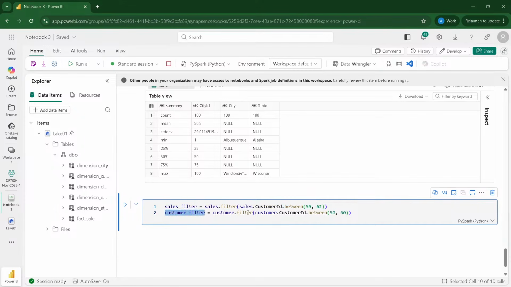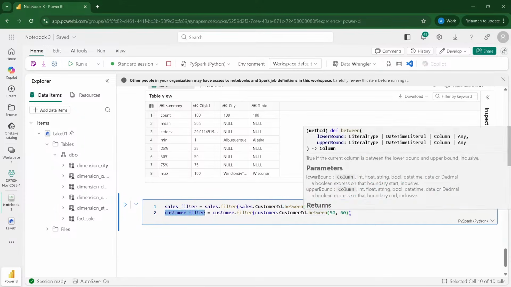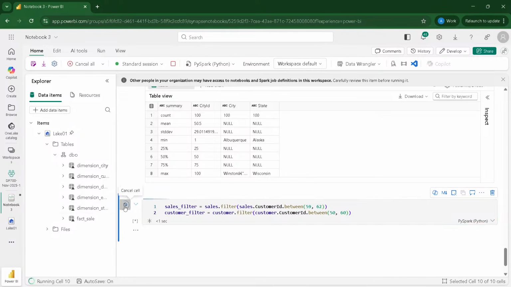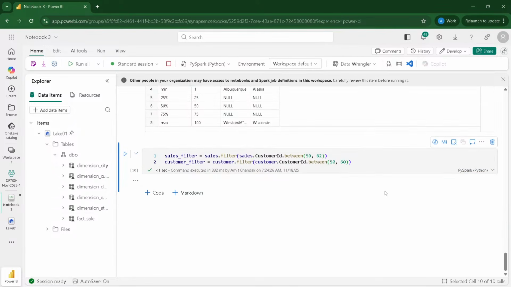Same way for customer I am filtering it between 50 and 60. So there is an overlap of 59, 60, and there is no match for 61, 62 in the sales table, and non-matching in the customer table from 51 to 58. We give these commands and run it, and we now have 2 data frames which have a little less data.